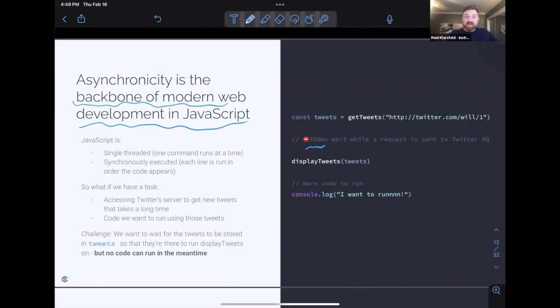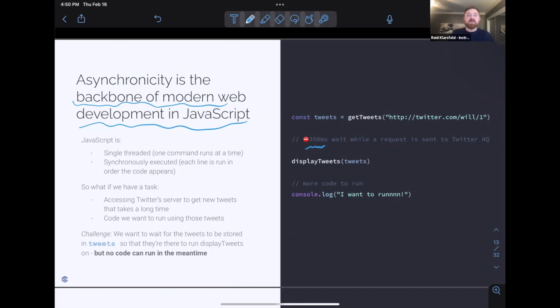There's something called a bounce rate, which is the percentage of users that come to your site and leave. And statistics show that once you hit 3 seconds, you can pretty much guarantee 90% of your users are gone if they have to wait longer than 3 seconds. That's how we are now. We don't wait for websites anymore. So if we went to a website and it took 350 milliseconds, and then that compounded and seconds were going by, we wouldn't stay. And that's kind of the big